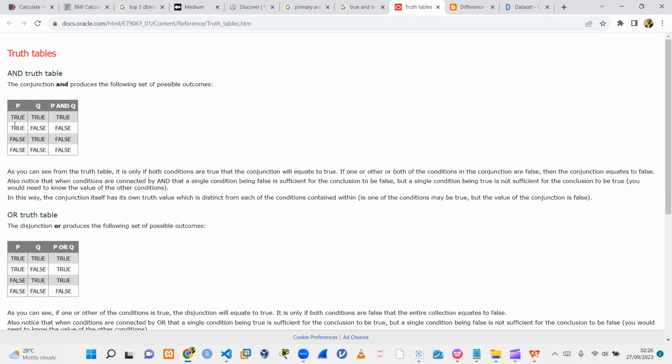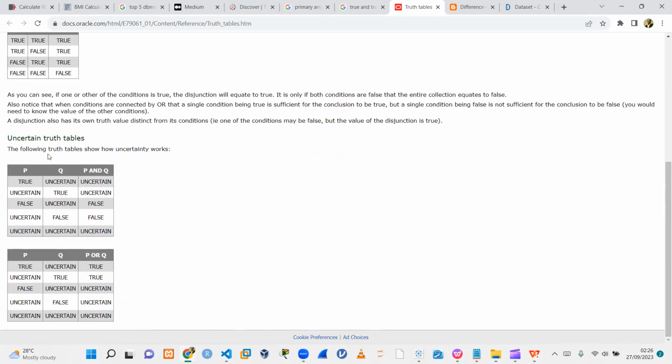Taking data science students now. This is roughly around 2 a.m. In the wee hours of the night. Now, am I sleeping? False. So in and, when you're doing and, you're trying to say that both conditions must be met. But in or, any of the conditions must be met, right? So it's a nice way to